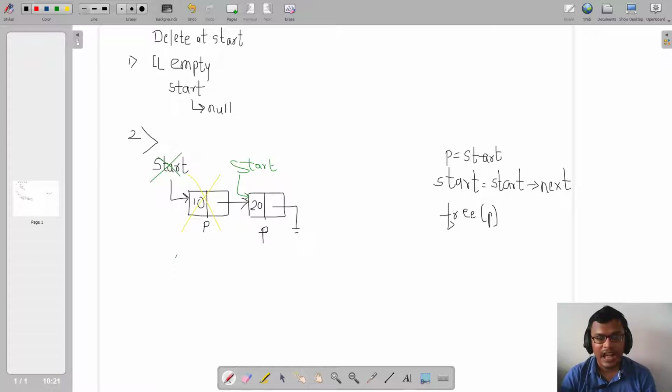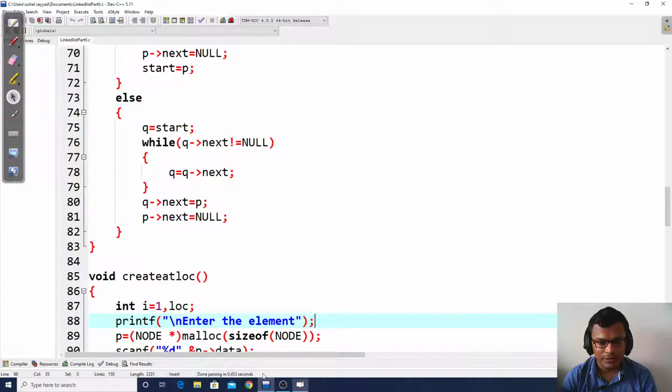So if I delete the last node of my linked list, automatically my start is becoming null, which is nothing but the case where my linked list is empty. So the same logic is sufficient to handle the last node of our linked list also, where if I delete that last node, my linked list should become empty. So I'll have two cases in delete at start: if my start is equal to null, then delete cannot be performed; else I'll go for these three statements where I will be deleting the starting node of my linked list. So let us write the logic for this now.